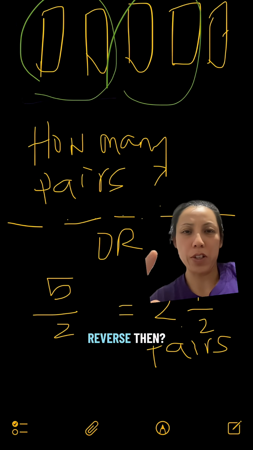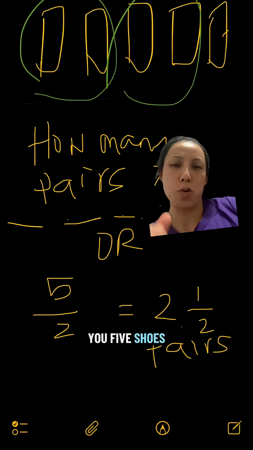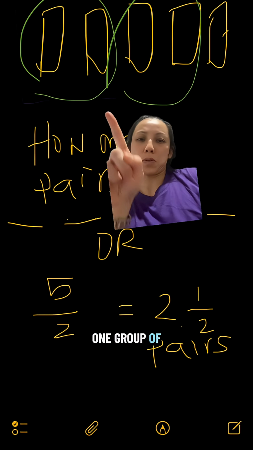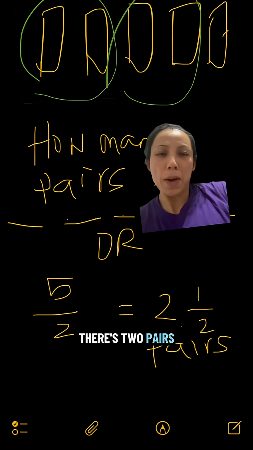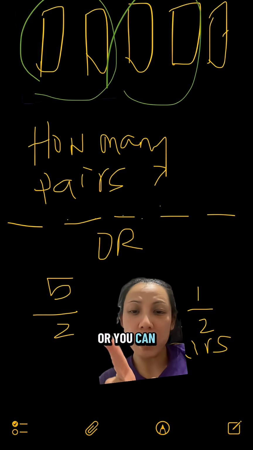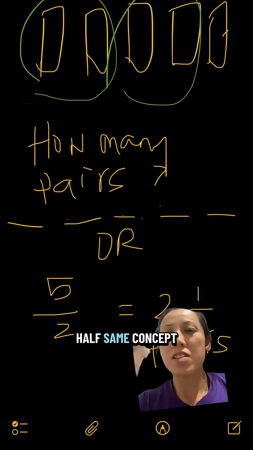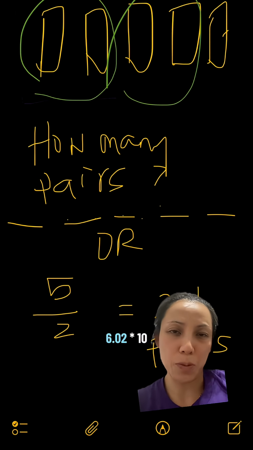How do you work in the reverse then? So let's just say I gave you 5 shoes, and I said, how many pairs are there? You'll count them in groups of 2. So there's one group of 2, there's one group of 2. So there's 2 pairs and a leftover. Or you can think about it as dividing in groups of 2: 5 over 2, 2.5. Same concept with the mole, but instead use 6.02 times 10 to the